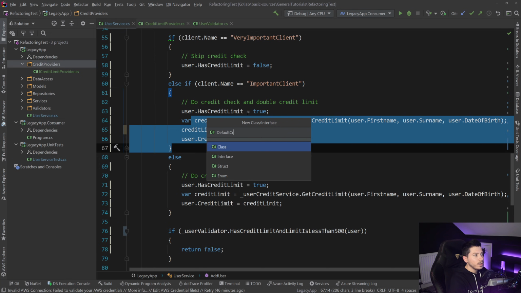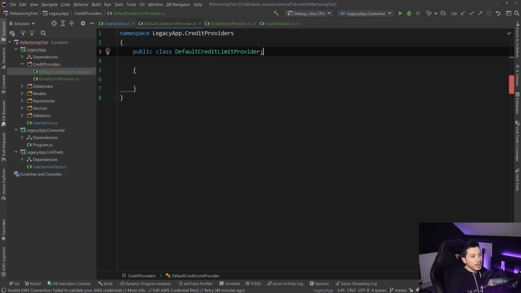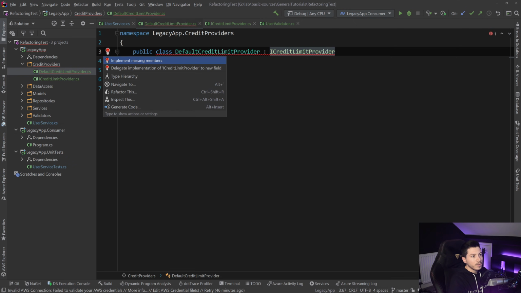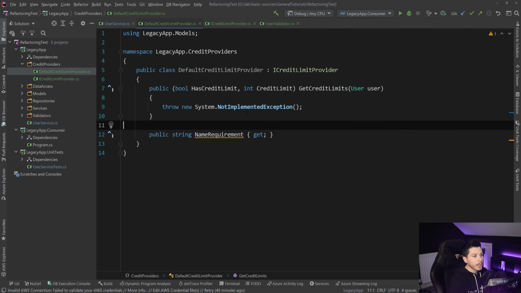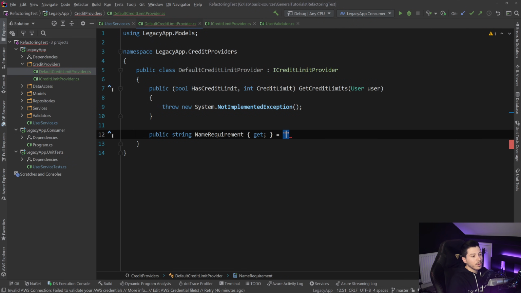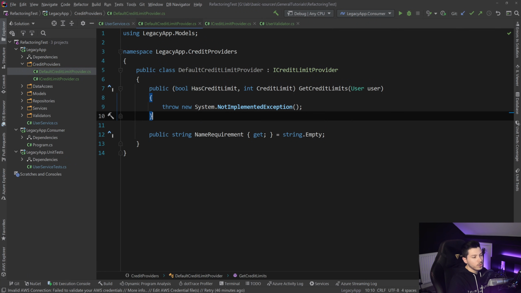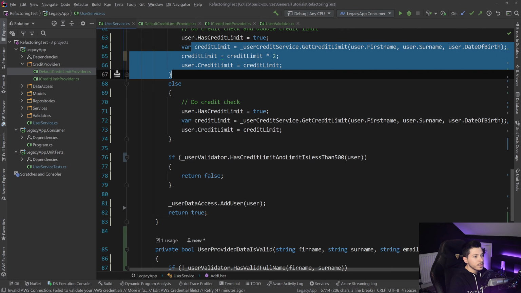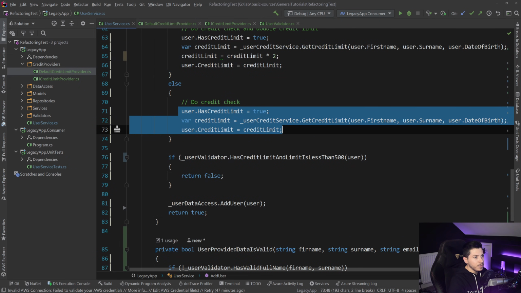So default credit limit provider, and I'm gonna say I credit limit provider, and I'm gonna say that the requirement here is string.empty, so there is no limit. And I'm gonna show you how I'm gonna tie it into the rest of the logic when I'm done with the others. And here, all I need to do is go to the user service, grab this fella, and this